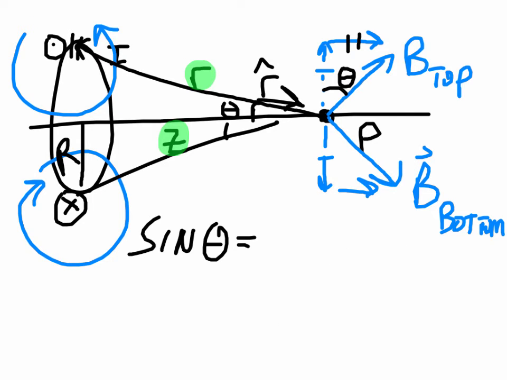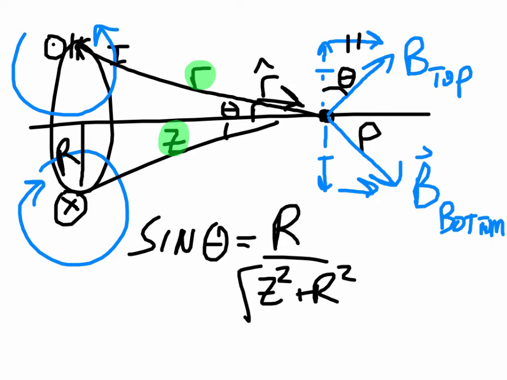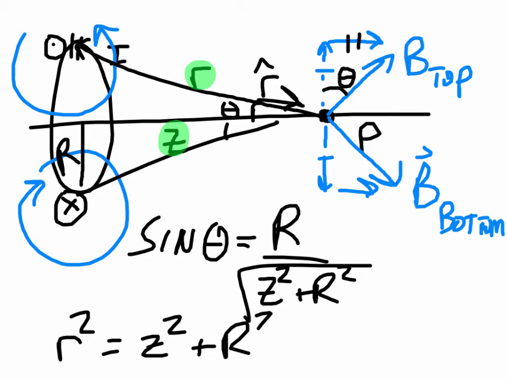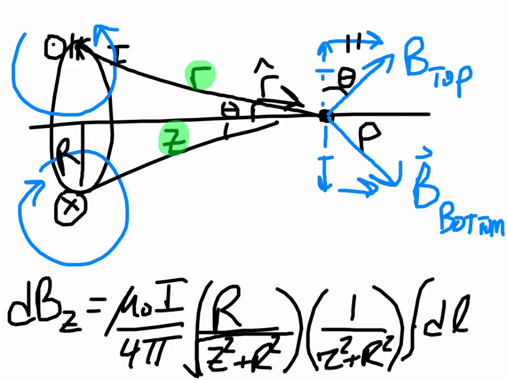Sine of theta here is going to be my opposite side, which happens to be big R, the radius of our loop, all over r, which is the hypotenuse, and we can write r in terms of the constants that we have, the z and the radius of the ring. So I could write that as the square root of z squared plus R squared. So that would be sine of theta. And r squared ends up being z squared plus large R squared. So I'm going to put those into my Biot-Savart law, and I'm left with this, which gets really, really gross,